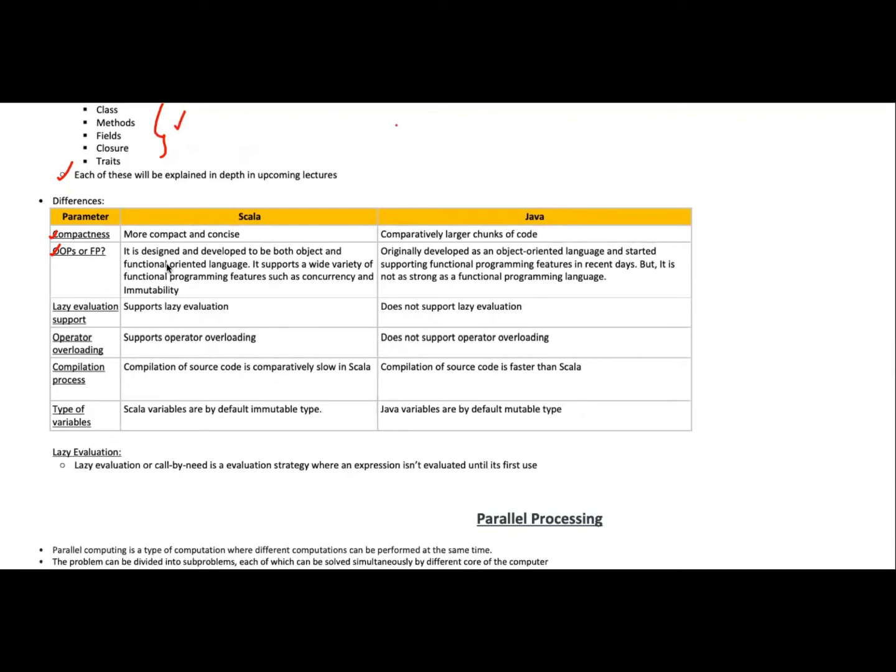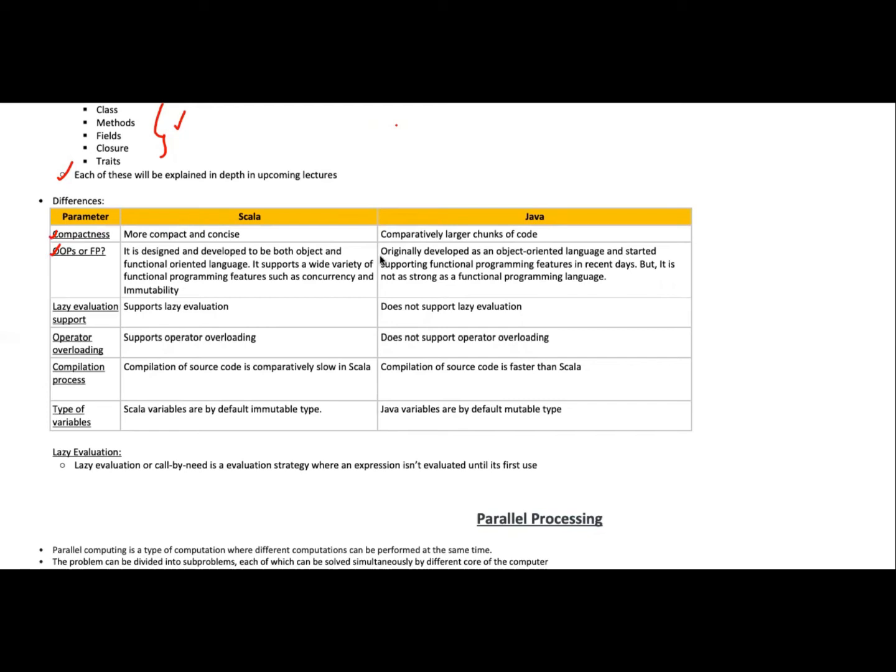These are required to have an application accessed by multiple users at the same time. If you have written some logic in Java or Scala, thousands or millions of users should be able to execute the same functionality at the same time. For that we need concurrency and immutability of the object. We have already discussed this in a previous lecture.